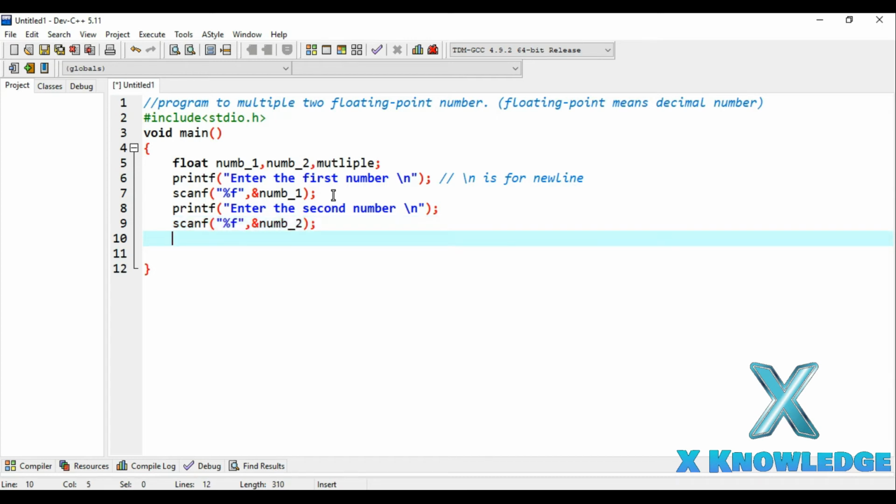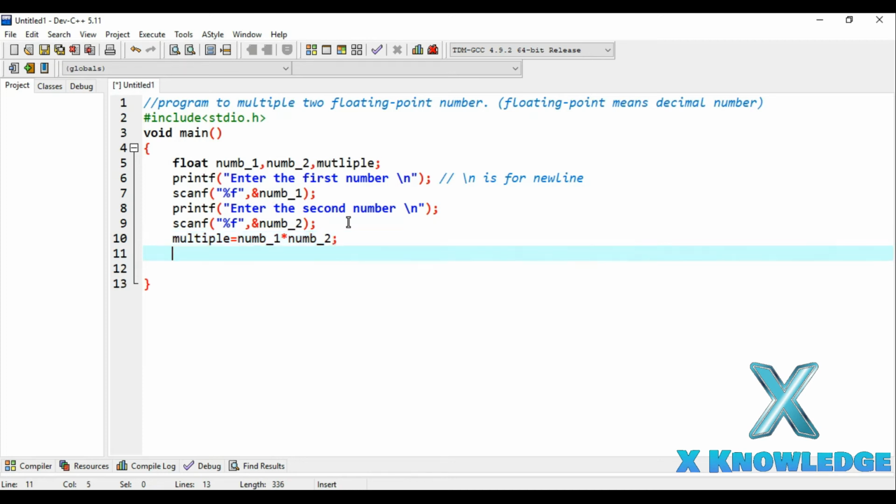So we have taken both the numbers in num1 and num2, and now we will use the multiplication sign to multiply num1 and num2, and store that value in the variable multiple. So multiple is equal to num1 times num2. The multiplication value of these two numbers got stored in the variable multiple.